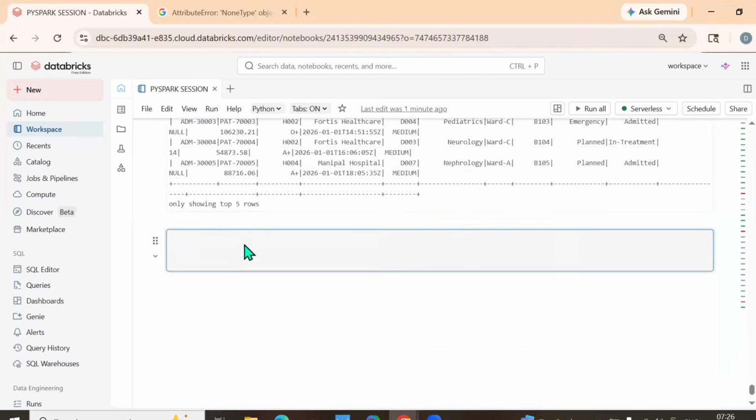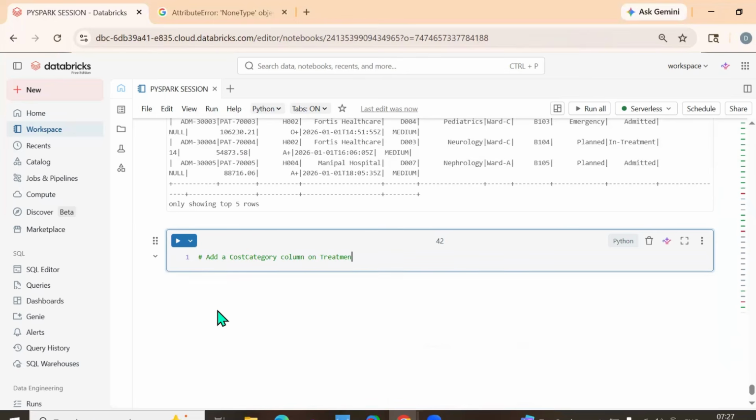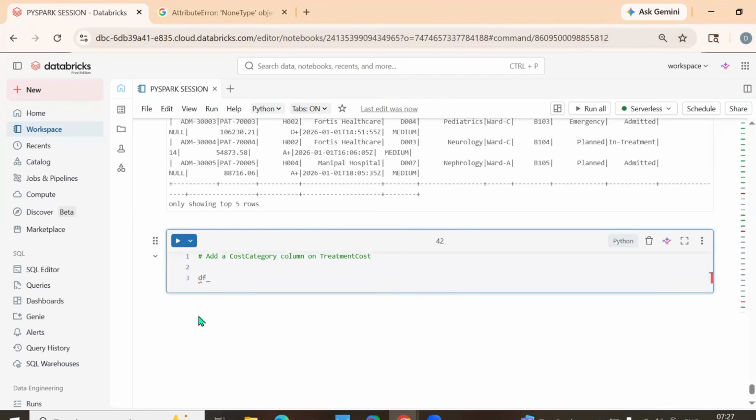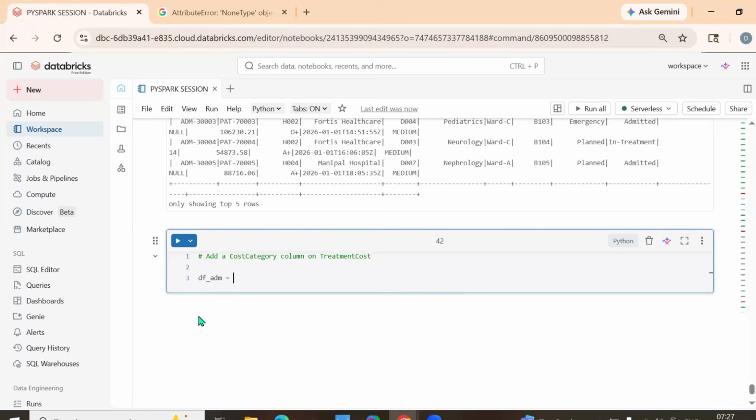So let us also go for one more function, one more condition. Add a cost category column based on the treatment cost. So we can directly take a column called cost category. So here what do I do? df_ADM equal to df_ADM dot